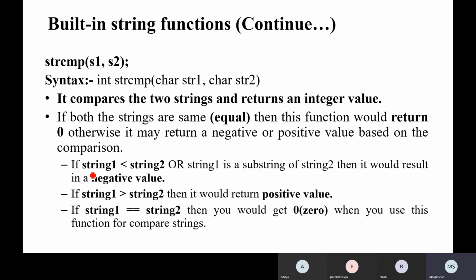If string 1 is less than string 2, it results in a negative value. If string 1 is greater than string 2, it returns a positive value. If both are the same, you get 0 when you use this function to compare strings.